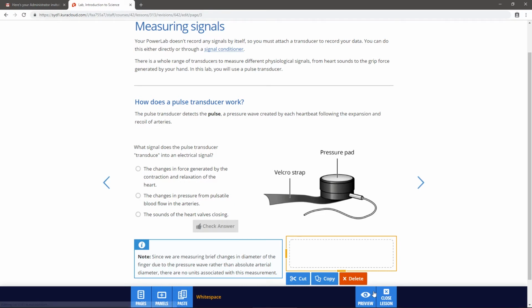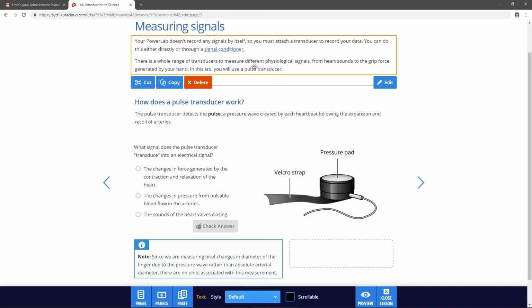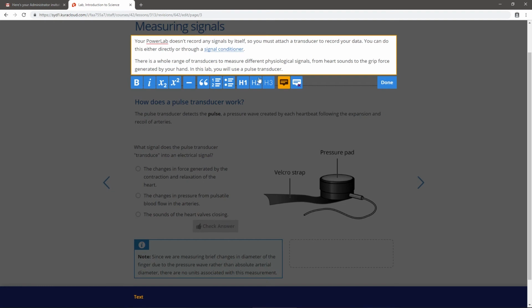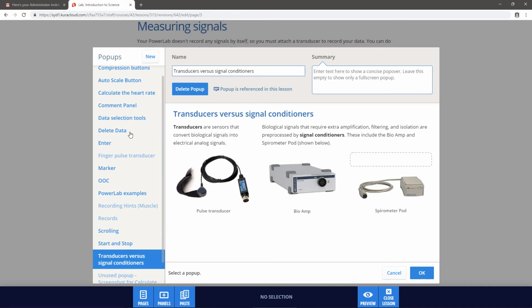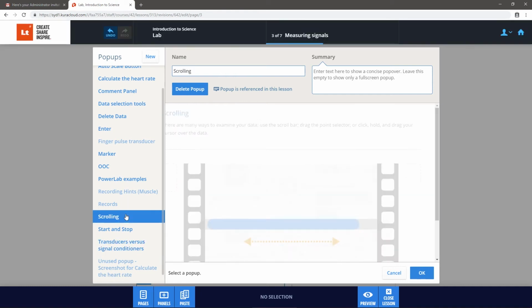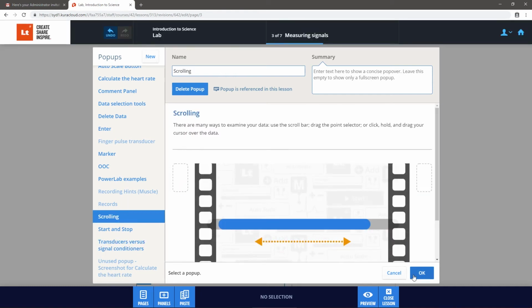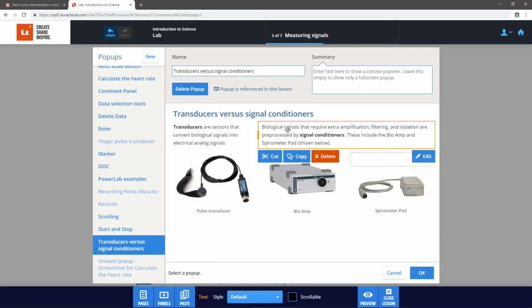If you wish to edit a pop-up, there are two methods available. One is to select the text linked to the pop-up, then select the Insert Pop-up button. This opens the pop-up library. Here you will see which pop-up the text is linked to, as well as all the other pop-ups available. To change which pop-up the text is linked to, simply select another pop-up and then OK. You can also create a new pop-up by selecting New. Pop-ups are authored just like a regular lesson page, with panels that can be added and rearranged.